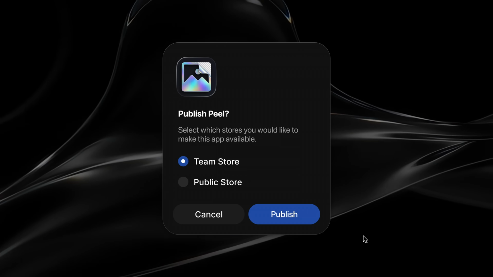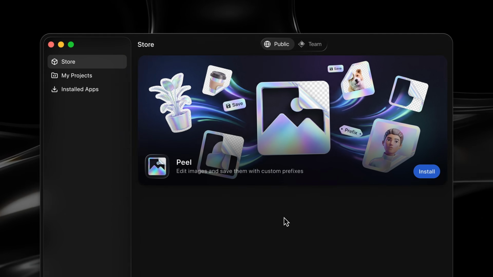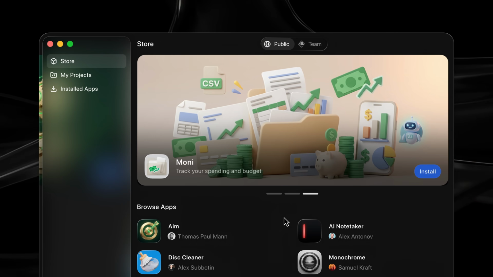One big advantage you get out of the box with Glaze is the ability to very easily share your apps with others. It's literally just a button. You can share your apps to a public store, which everyone will have access to, or a private one that's shared within the members of your team or organization. This really unlocks a whole new way to share custom functionality across teams with tailor-made apps, and we've been leveraging